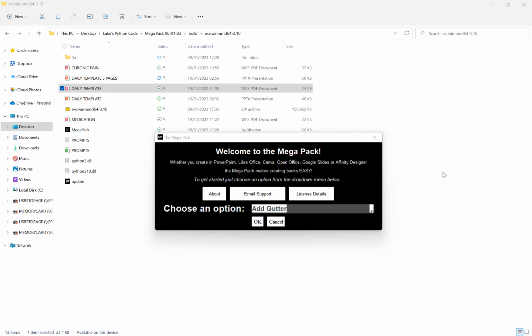In this video, I want to show you how you can use the Mega Pack to insert data or prompts into your PowerPoint, OpenOffice and PDF files. So these files can come from anywhere, not only PowerPoint or OpenOffice, but if you use Canva, for example, Affinity Designer, Google Slides, Keynote, anything like that, you can use these files in here and import your own data